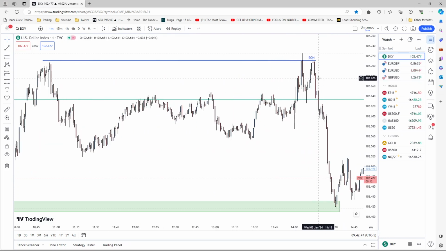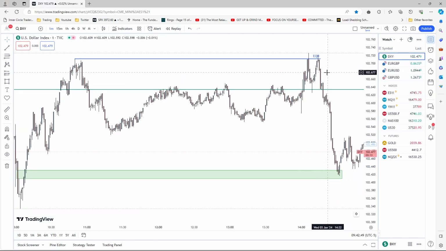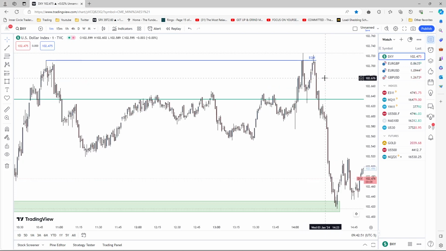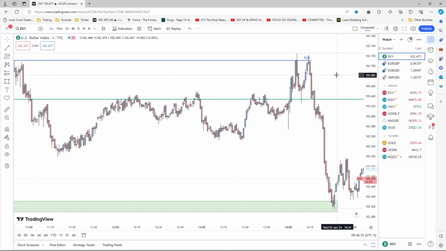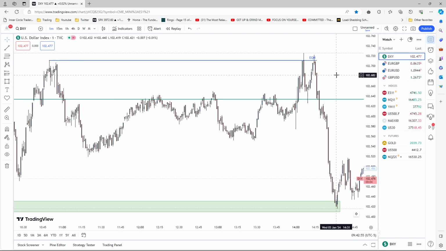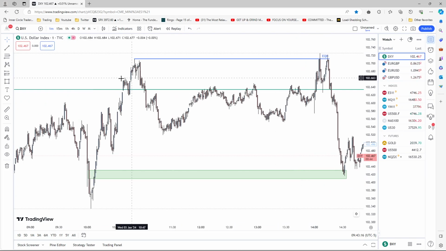If you don't have a notepad out, then go grab one now, because one of the most important factors is the fact that time of day, New York session, PM session, 2 o'clock. Okay, time of day was in alignment,